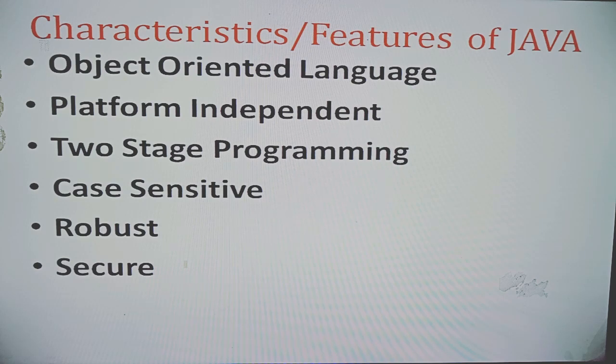And one more reason behind it, Java code is rechecked twice. Twice means first, on the first stage it is compiled by the compiler, so the possibility of error is minimized at the first stage, and on the second stage it is interpreted by the JVM. If there is any error, again it is rechecked. So finally the possibility of error is totally minimized in a Java program. This is the reason that it is also a secure language.